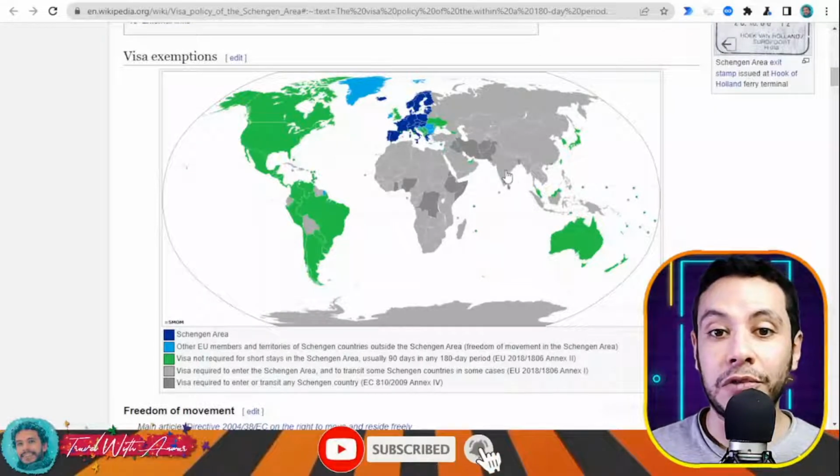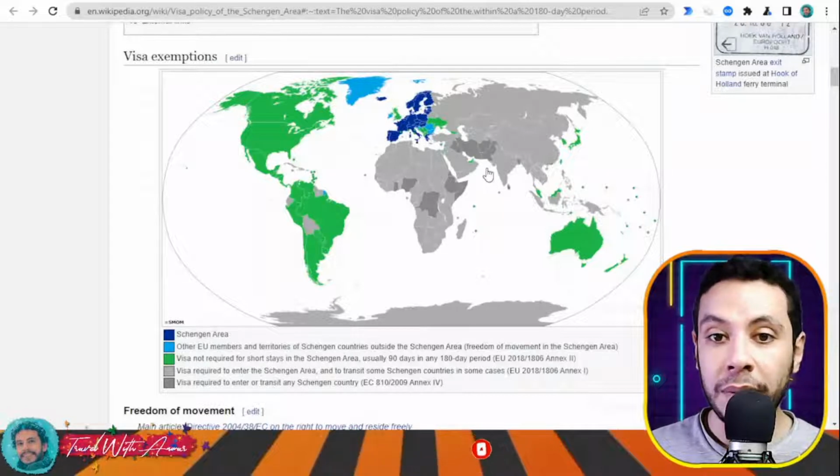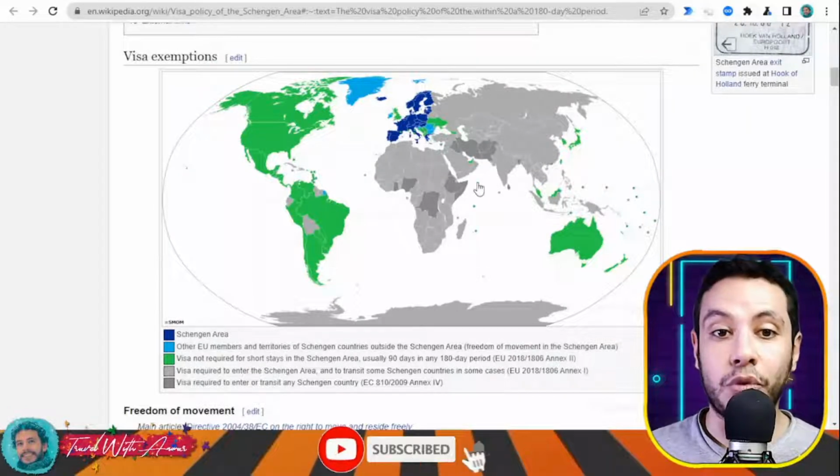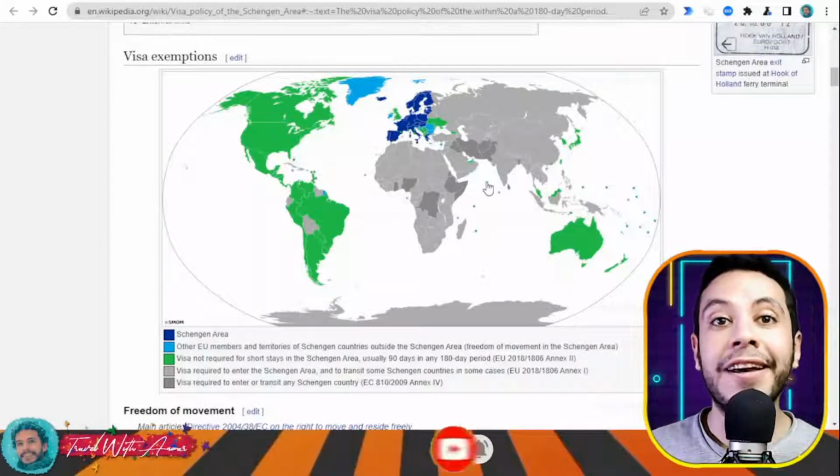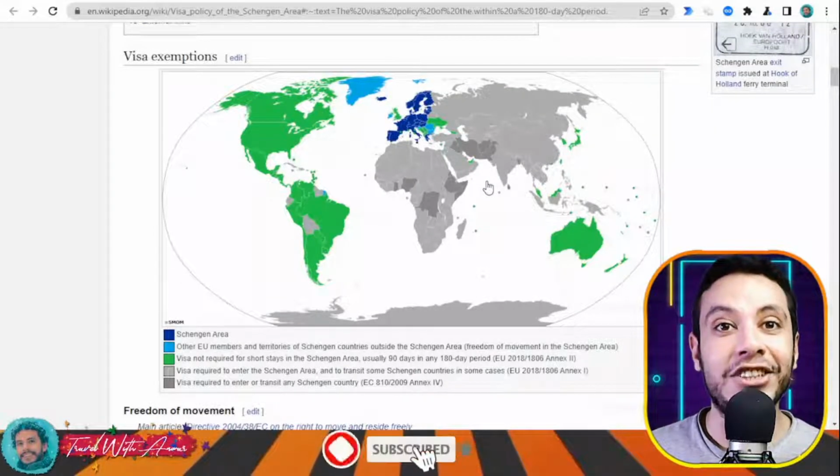For example, if you are from Iraq, Ethiopia, Iran, Pakistan, Afghanistan, Somalia, then you need both a visa for the Schengen area and a visa for transiting in the Schengen area. So the first and the most important part during applying for any visa is filling the application form. In this section, we will learn together how to find the application form and how to fill the application form